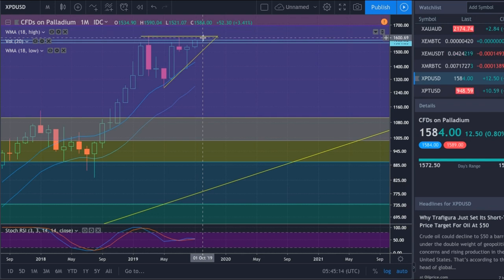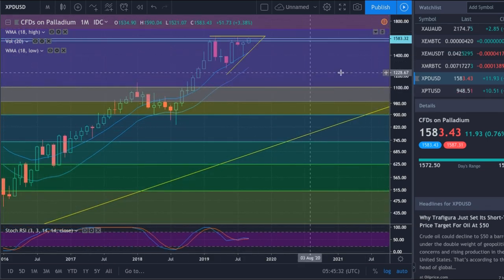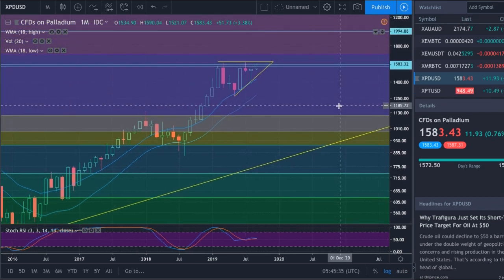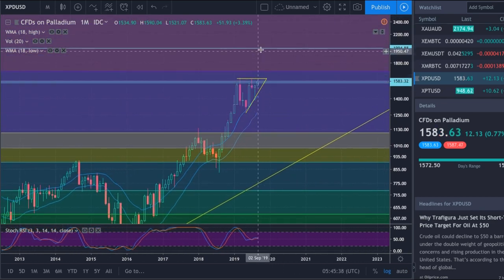It'll be making the decision by no later than mid-October. I think I may have mentioned that in the last video as well. So by mid-October, we'll know where the price is going to go, and I think it's breaking through. So I'm not even going to mention a down price here in Palladium. I'm just going to show you again, mentioned it a number of times, but we're heading up to the next